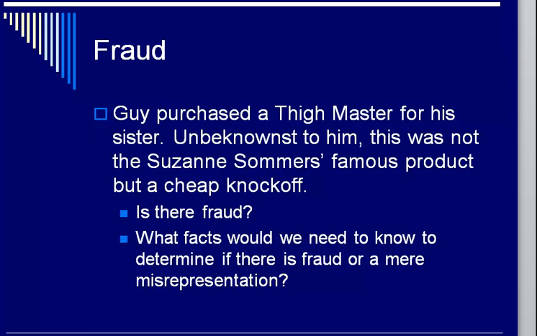Well, we don't know what was in the mind of the defendants, and sometimes you have to wait until discovery to find that out. So Guy would have to allege that it was knowing. And the way he would allege that is he'd say, well, look, they did all these things to make it look as if it were a Thigh Master, legitimate Suzanne Summers product. And he'd say, look at the box color, the look and feel, look at the way they're attempting to trick the consumer. And then ultimately the jury would have to decide if the intent to deceive was in the defendant's mind.